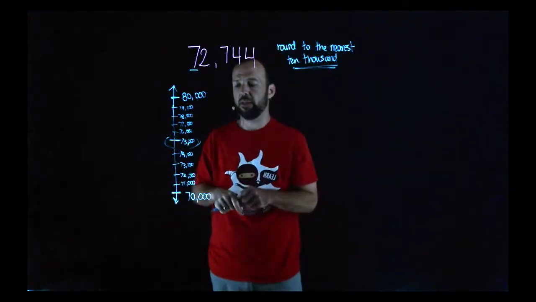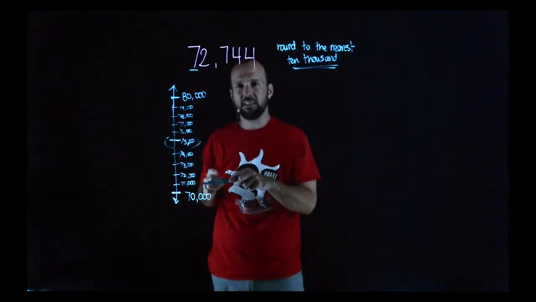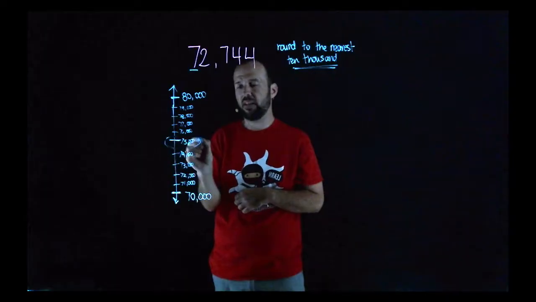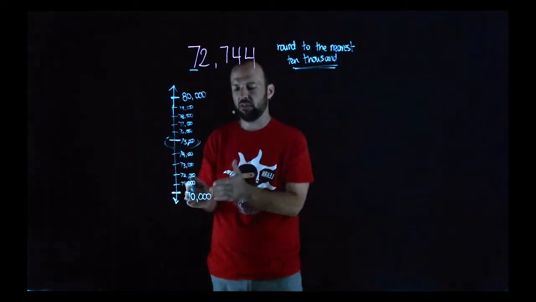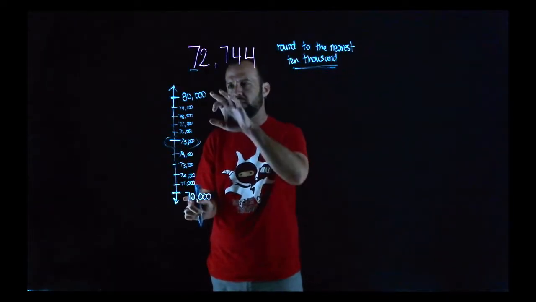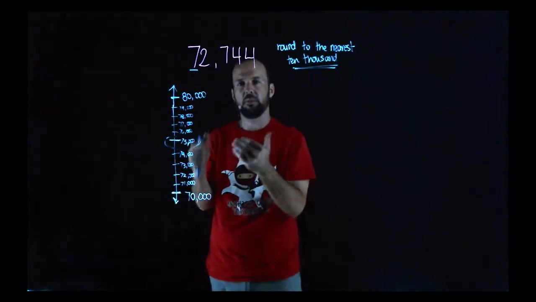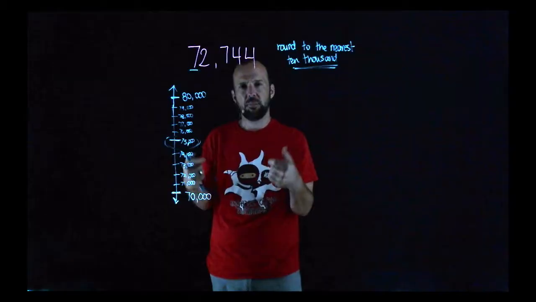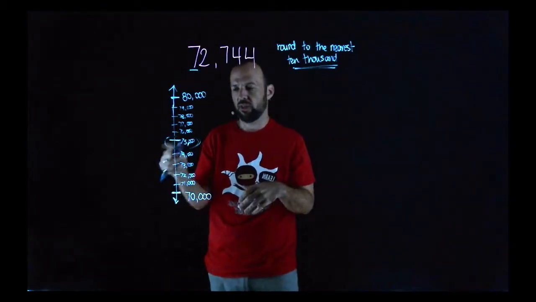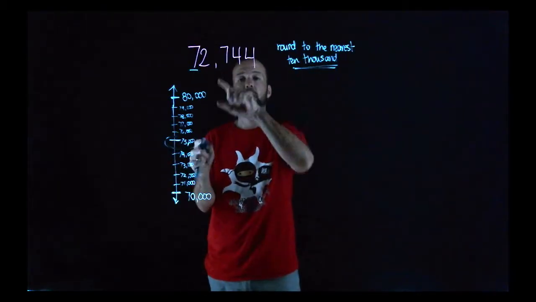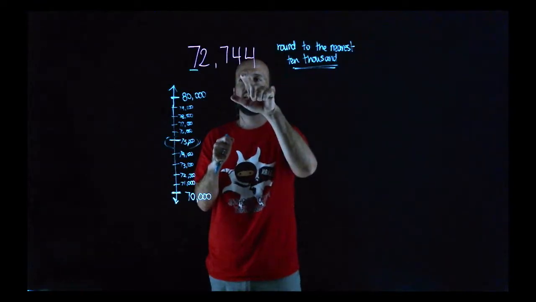That's our halfway point. If you need to label these to help you to see that, that's fine, but just start thinking that 5 is going to be in the middle. So you just have to think, well, if this is 70,000, this is 80,000, so it's going to be 75,000, okay? That's going to be my middle point there. If you keep that in mind, most of the time that's going to work out for you just fine. So there's our midpoint, but our number that we're looking to round is